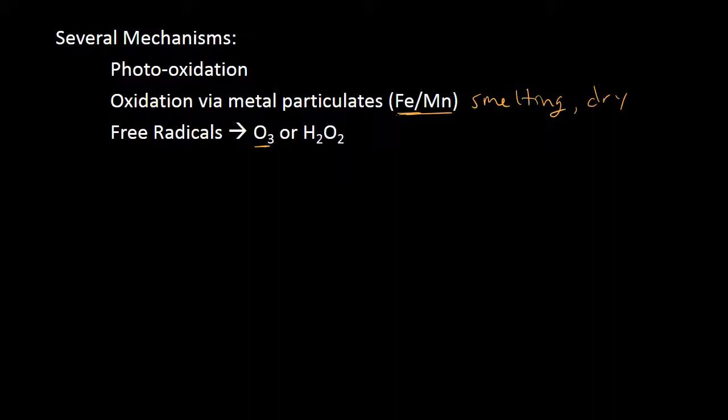But the problem is a lot of our smog today, due to cars and all the pollutants that are released, means we actually have a lot of ozone closer to the surface. So there's a lot more free radicals closer to the surface, which increases or compounds the effects of acid rain. So what this can look like is, we're going to use hydrogen peroxide as an example. If we have a radical of hydrogen peroxide, and we react that with sulfur dioxide,